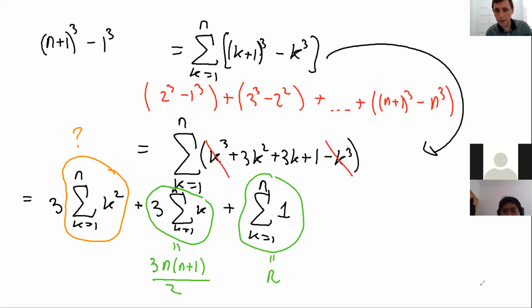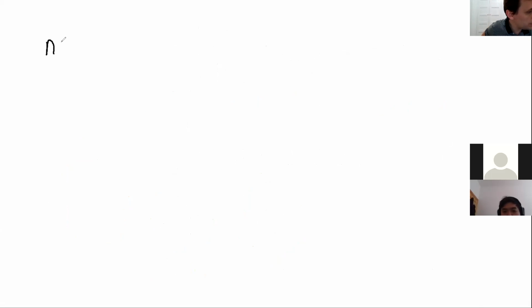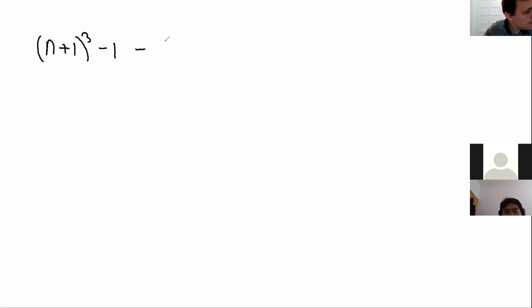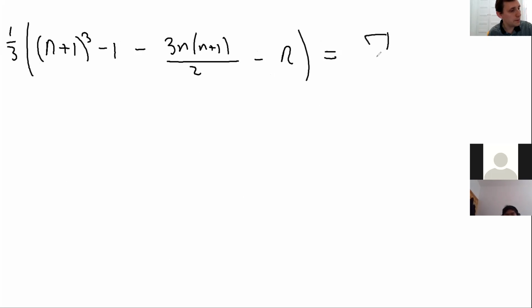So all you have to do is just write n plus 1 cubed minus 1, minus 3n plus 1, and minus n. Yes, and this I have to multiply by 1/3, and that will give me the summation k from 1 to n of k squared. Yes? And so what do we get? We get that,